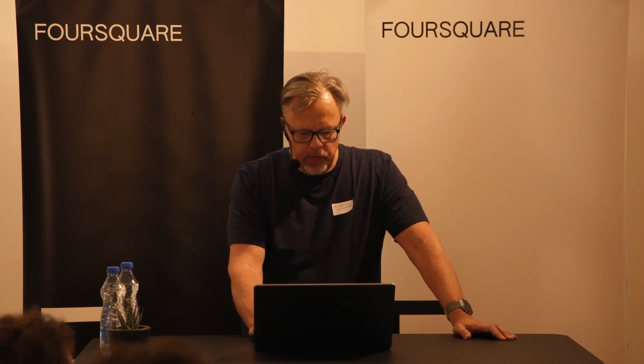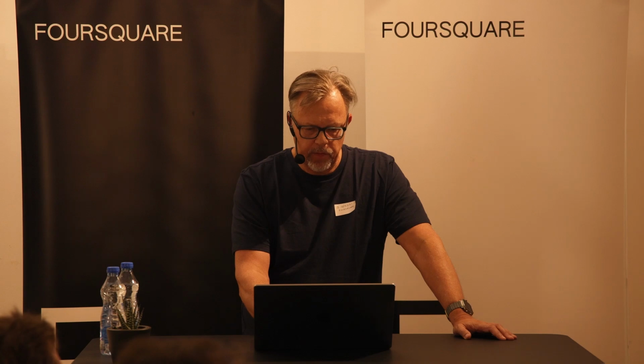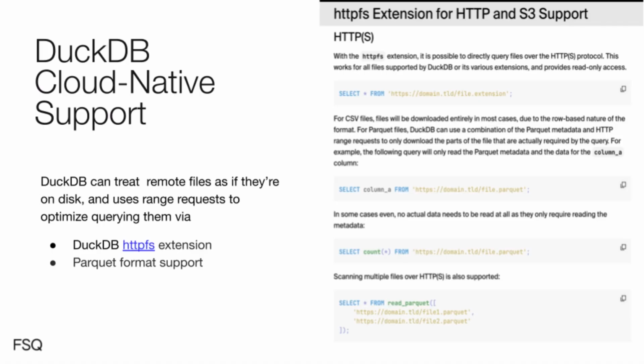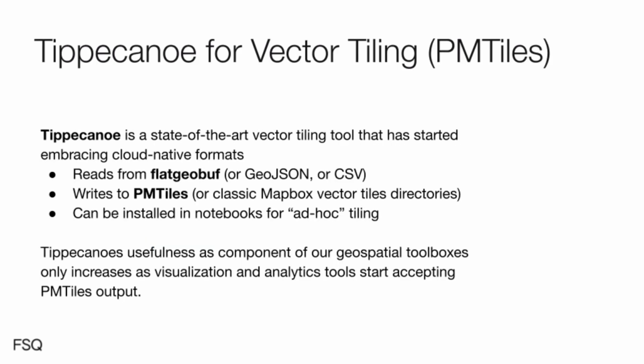And so, yeah, this is a little bit showing how the HTTPS extension works. So you select and you basically just give the file name, instead of the table name, when you do a query. So very easy to use. And if switching from tables, if you want to create vector tiles, if you have a huge table that's too big for you and you want to work with it in tiles, there's a beautiful tool called Tippecanoe. So you can basically feed it a table, maybe in FlatGeobuf, or JSON, or CSV. And it generates one big PMTiles archive.